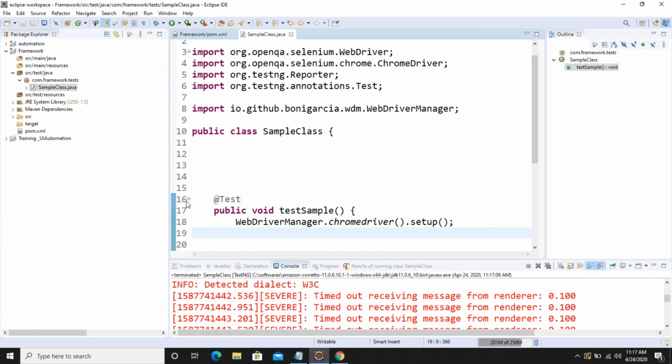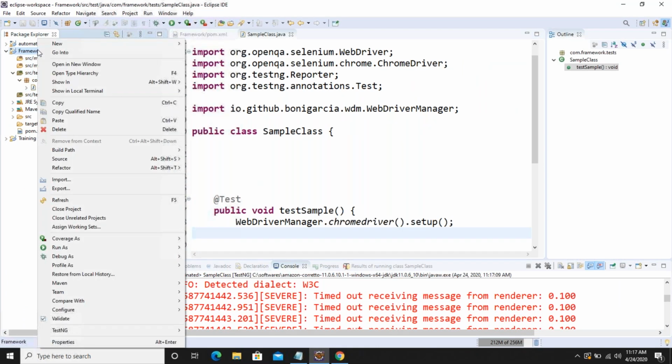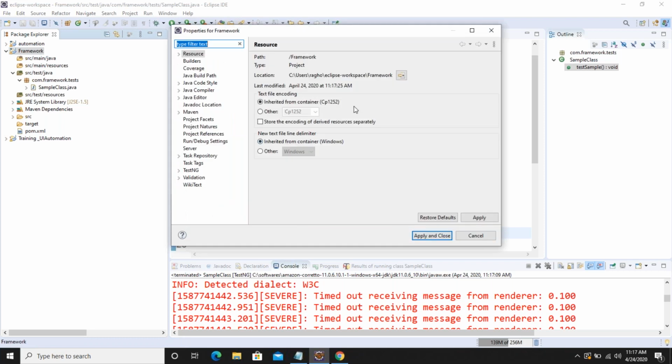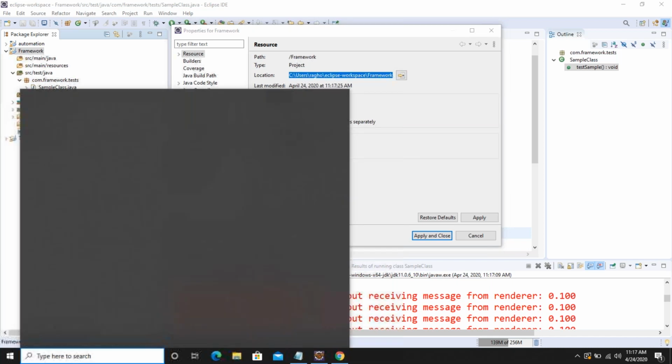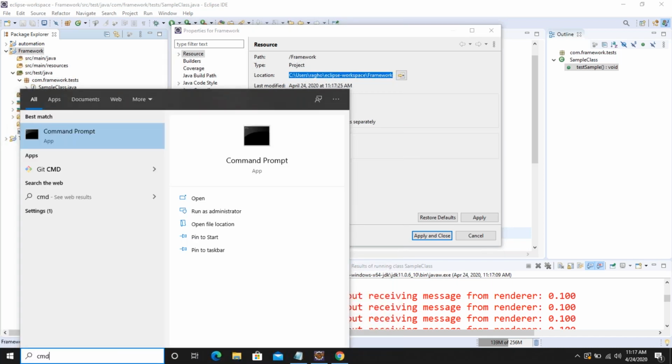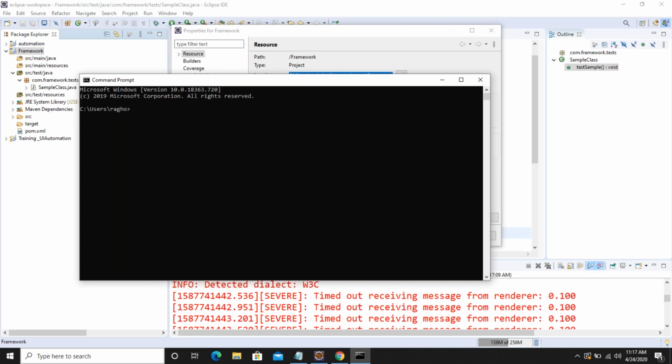Okay, now I have successfully created a sample project. Everything is fine. Now I would like to push it to my central repository. But before pushing it, we need to make sure that we push it to the local repository, right? We already discussed in the concepts. So we need to go to the command prompt, and we need to go to that particular location.